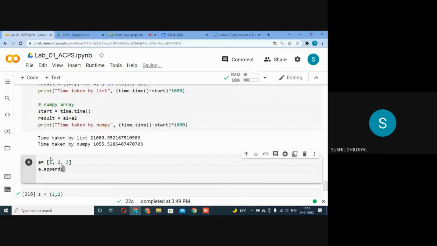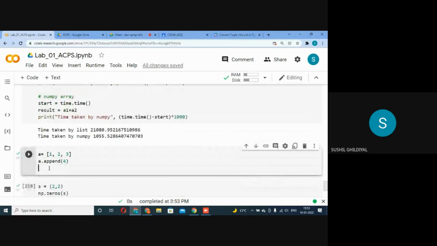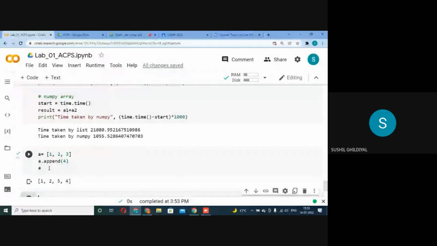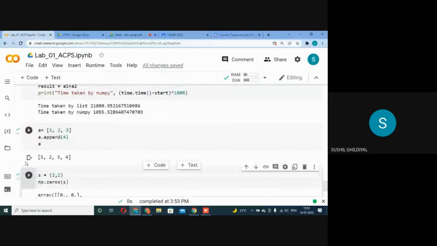I'm appending 4. Okay, so it will append 4 here, but I can use a for loop for this also. It is appending 4 here. Similarly, I can write here